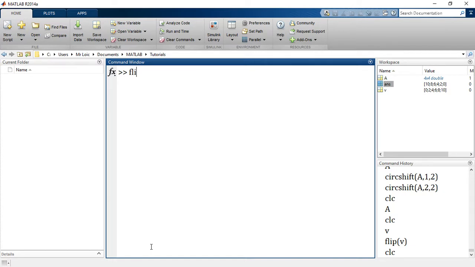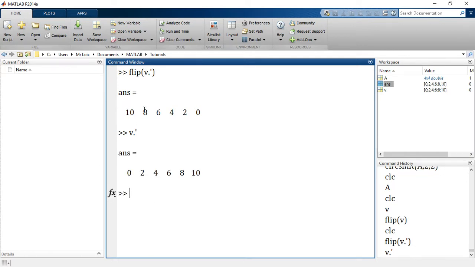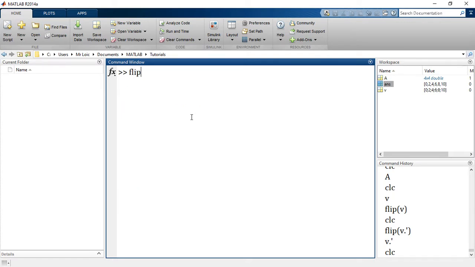So what if we apply that on a row vector? Okay, let's look at that. Good. And we have our V. So you see, it completely changes the order. Okay, good. So now let's go and see how this functions on arrays. I'm sure you already know by now, right? MATLAB has a consistent way of doing things.